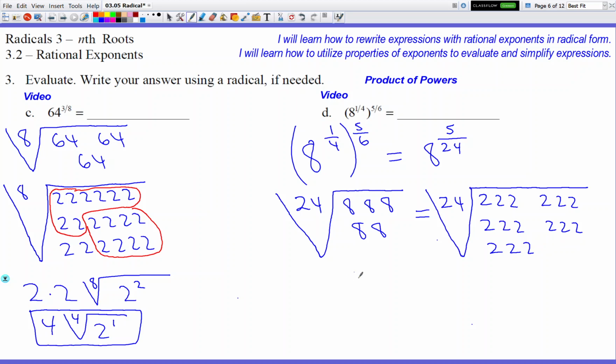So I'm going to combine my 2s together. I'm not going to multiply to make one ginormous number. Watch what I do. I know I'm in a 24th root radical. I know I have 15 2s, so I'm going to write this as 2 to the 15th power. And then I'm going to say, oh,